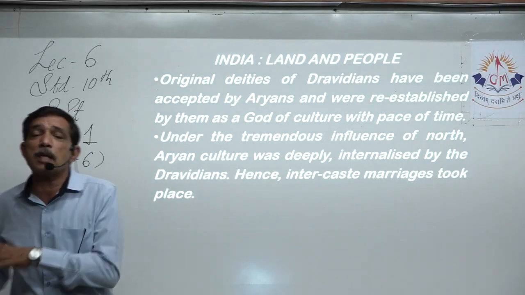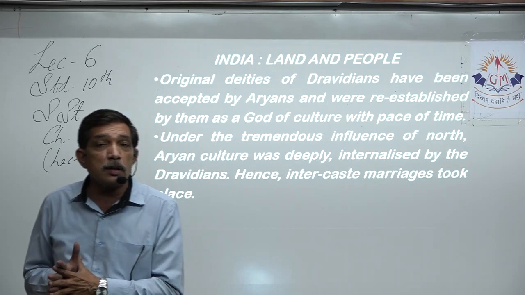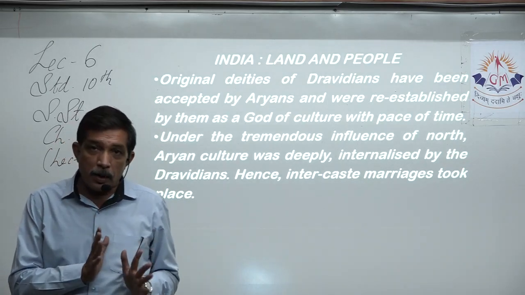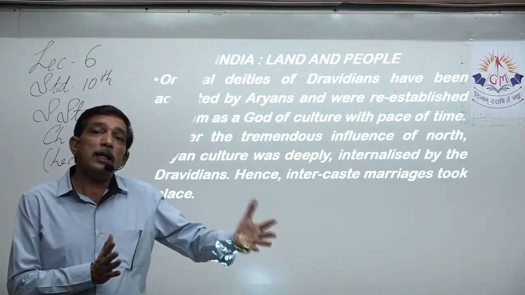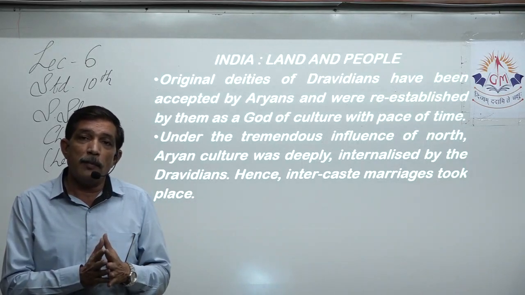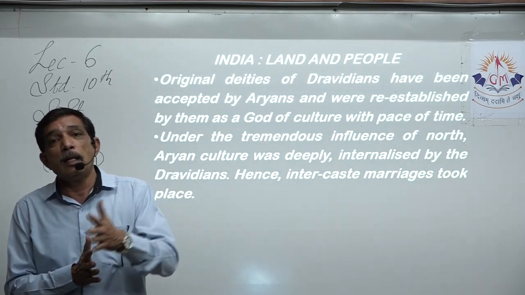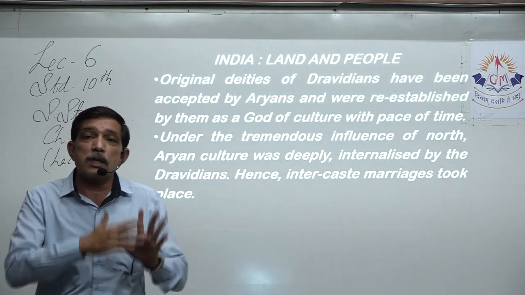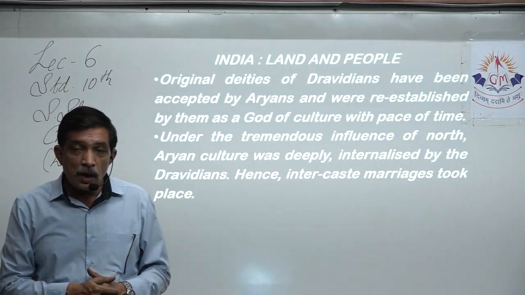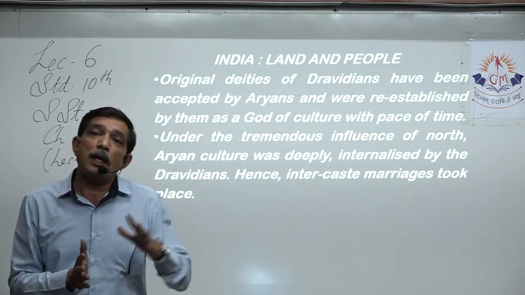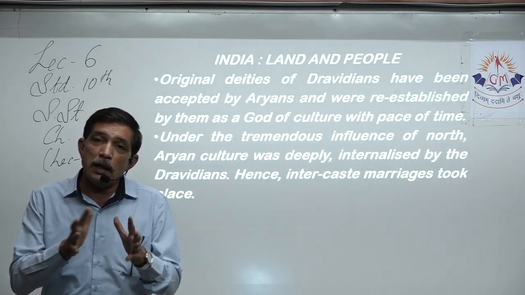But before they started retreating and going back towards the south of India, something else happened. When the Aryan tribe started coming to India, when they crossed the Indus River and settled in different parts of the west and north, there was a mixture of two races, that is Dravidian and the Aryans, and they lived together.